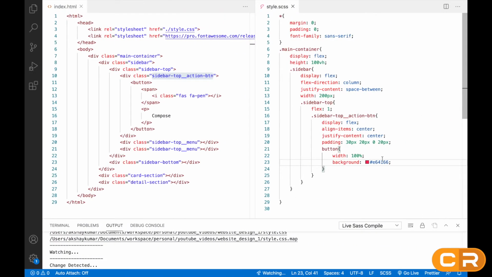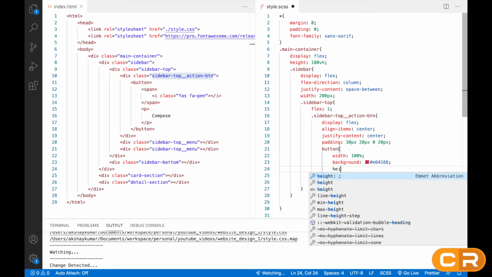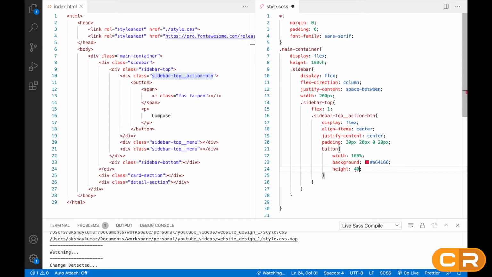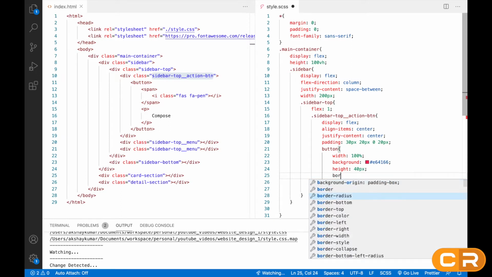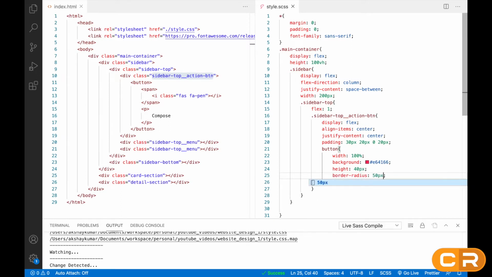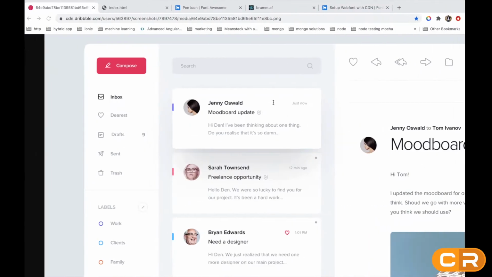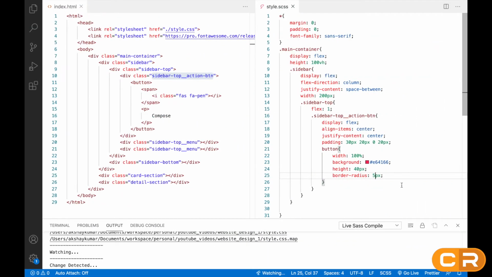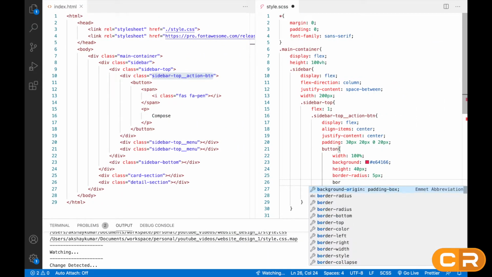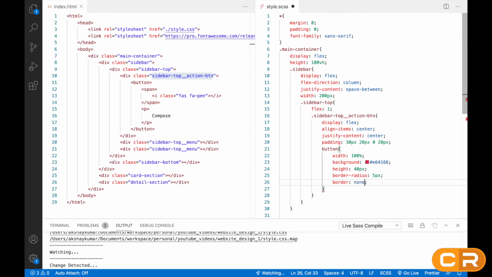So here we'll give some height that will be 40 px. Border radius will be 5 px. Sorry, 5 px. So this will actually make the button round, right? Then we'll remove the border, none. So we don't need this border also.